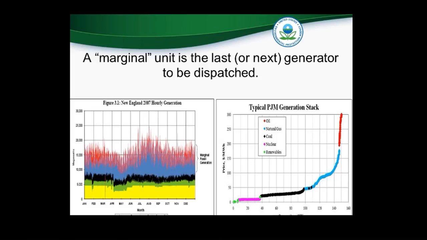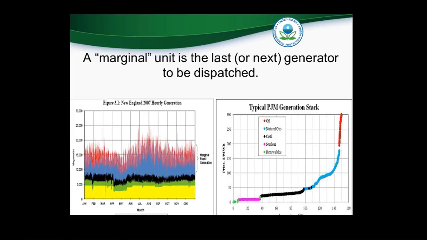Peaking units are typically gas or oil-fired units. The chart on the left shows the resource types for New England for each hour in 2007. Nuclear is shown in yellow, renewables green, coal is black, gas is blue, and oil is red. So this shows that in New England, marginal fossil generation is mostly oil and gas-fired units.